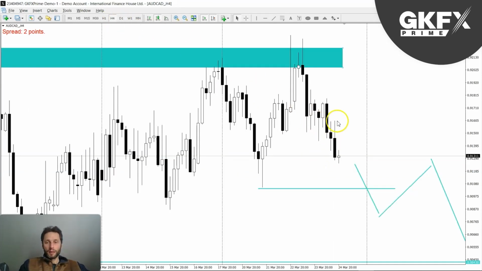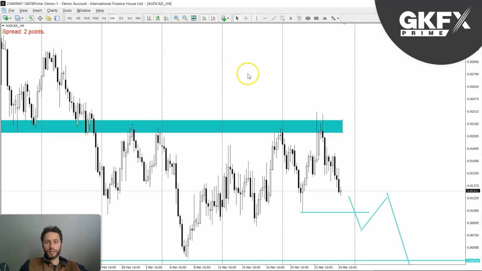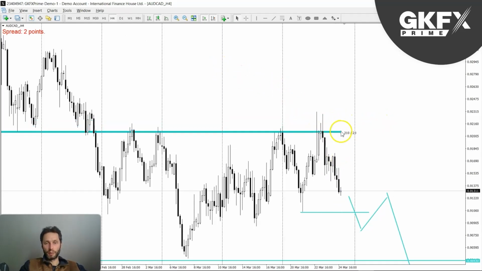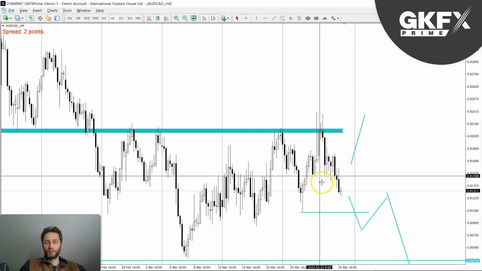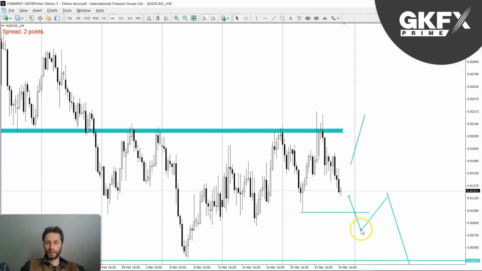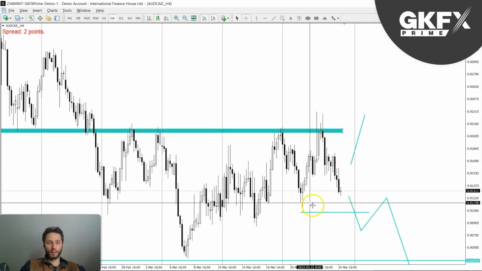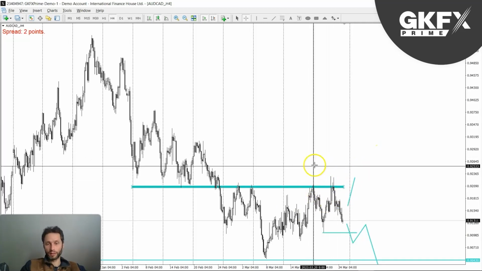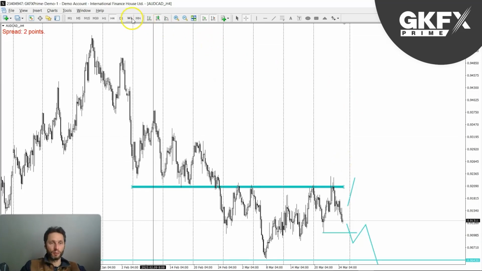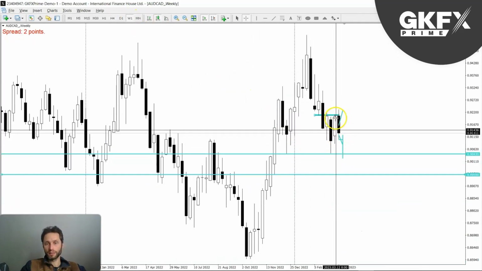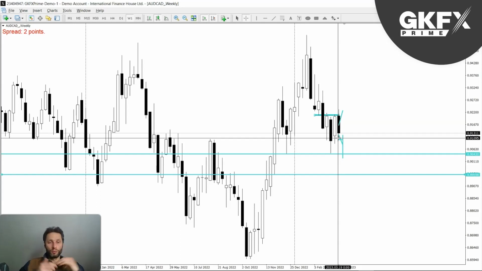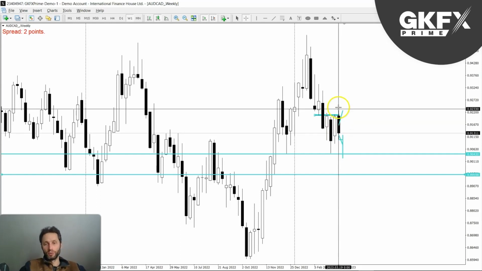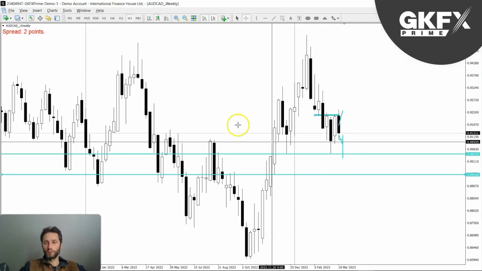But for now, I am favoring the downside unless we have a point where the market goes back into this level. So obviously if we have the opposite happen and this happens, then this short would be invalidated, and I'm not really going to be looking anymore for that sell idea here, because the market breaking further higher, creating another higher high, would then invalidate this whole idea. But on the bigger time frame, I still see a little bit more bearishness, more downside than I do upside, and aiming for this target here.